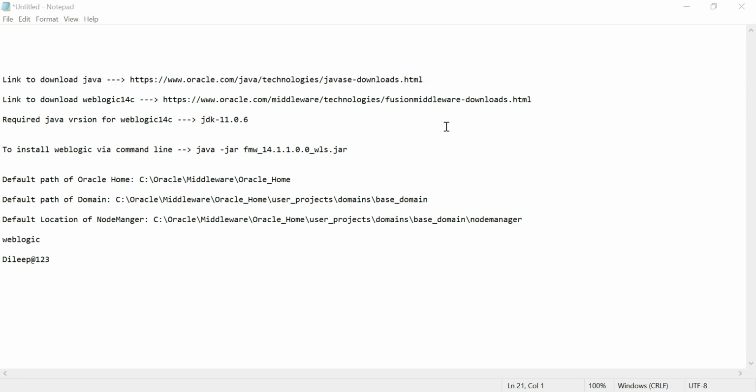Hi everyone, today we are going to discuss how to install JDK 11.0.6 and the installation of WebLogic 14c. This is the link to download JDK.